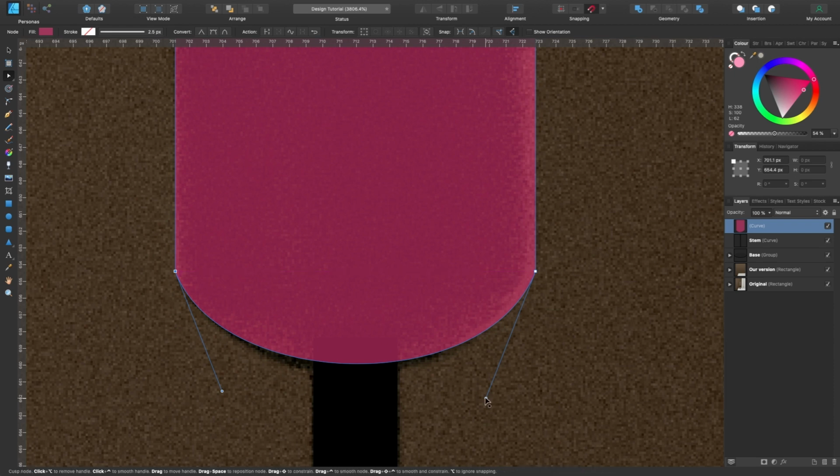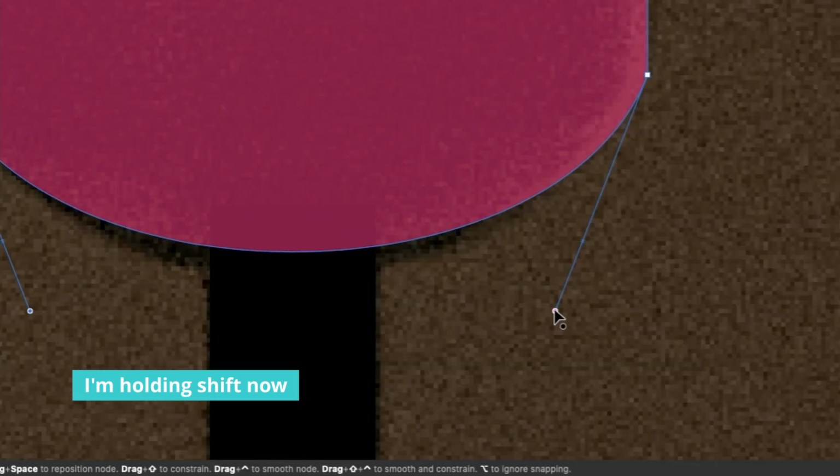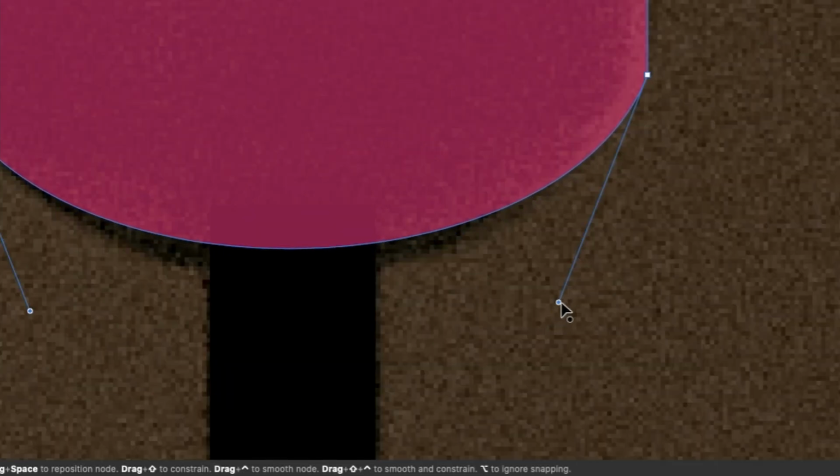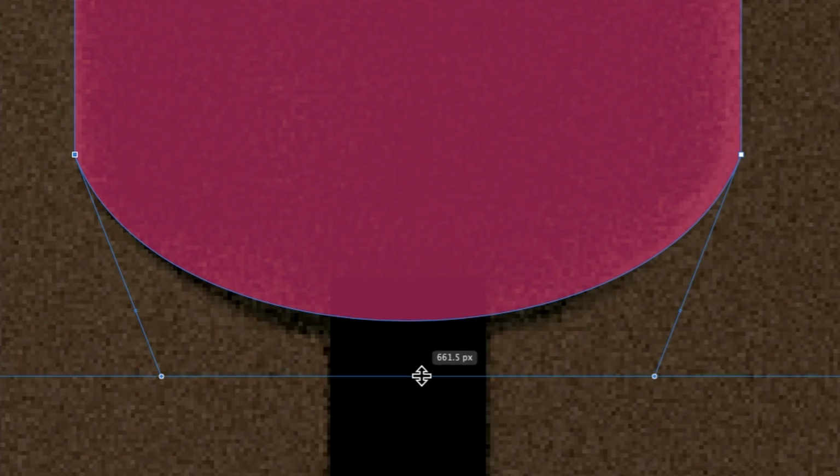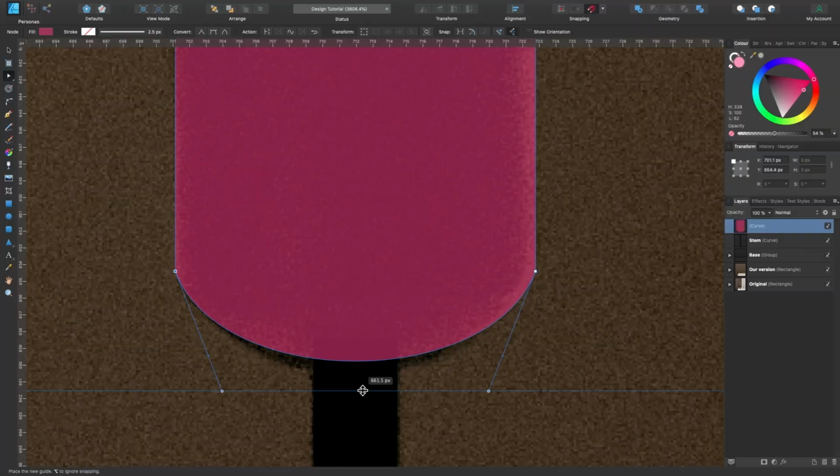Now if I just let go, I keep my finger on Shift and click inwards. You see, as I'm dragging it down, it's stopping. There's like a little red dot it snaps to. That is basically snapping to this handle here. So just to test that out, I'm going to click on a guide. So I'm going to click from the side here and drag a guide down, and you can see they are exactly the same, both sides.